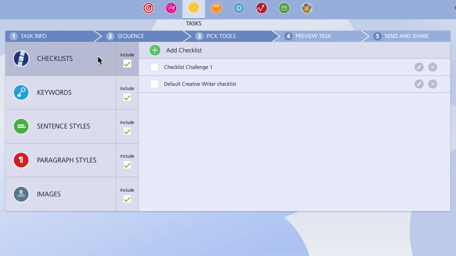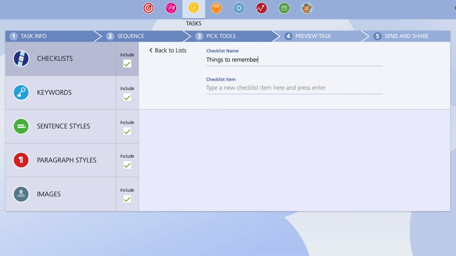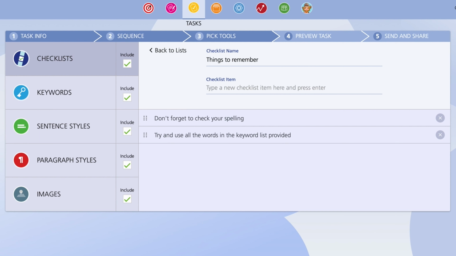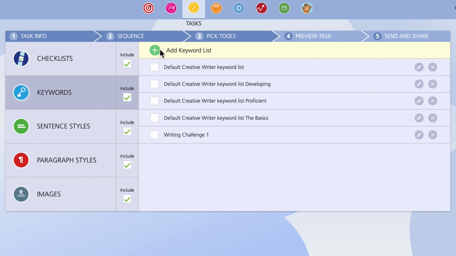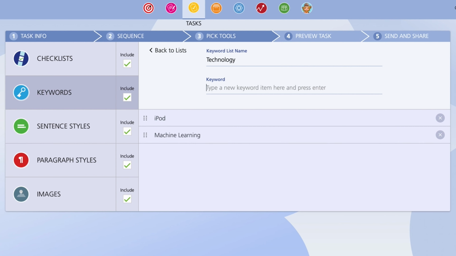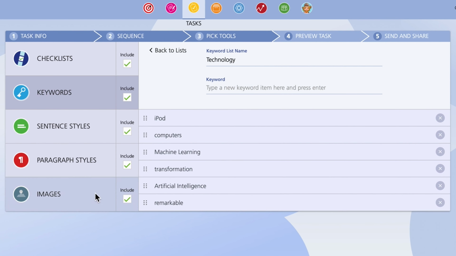Step 3 is where you can customize specific writing support for your students and their tasks. Checklists allows you to create individual checklists for your task. Helpful reminders for students of key things to do, or perhaps learning objectives. Keyword functions in the same way. You can enter useful words, even whole phrases or sentences, that you would like your students to use as part